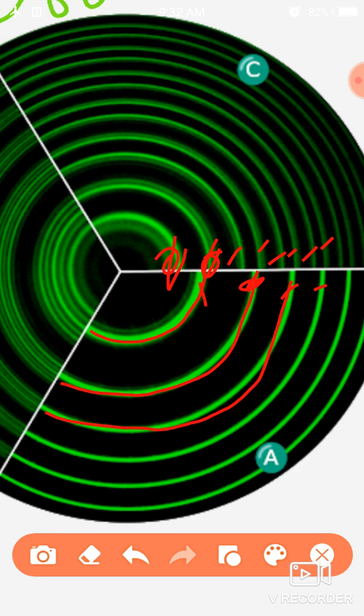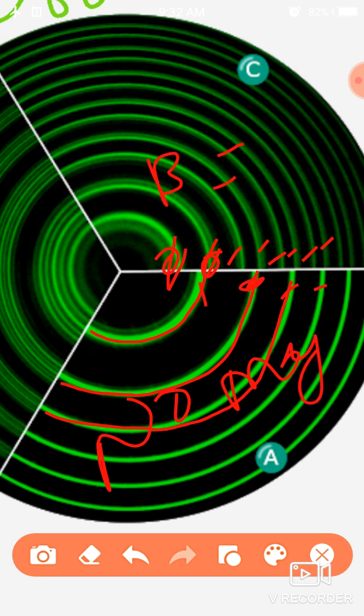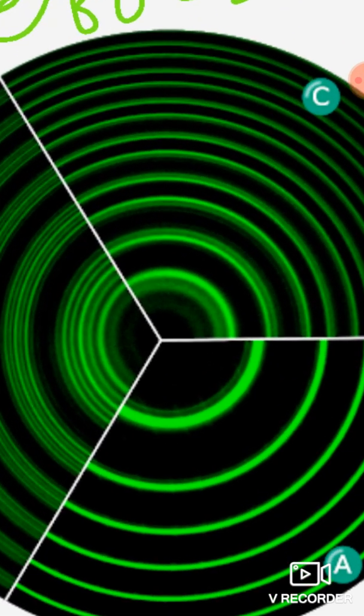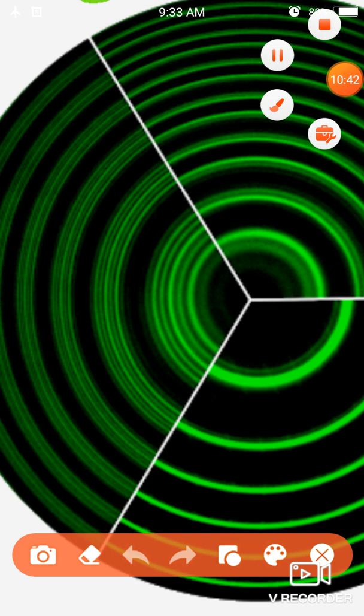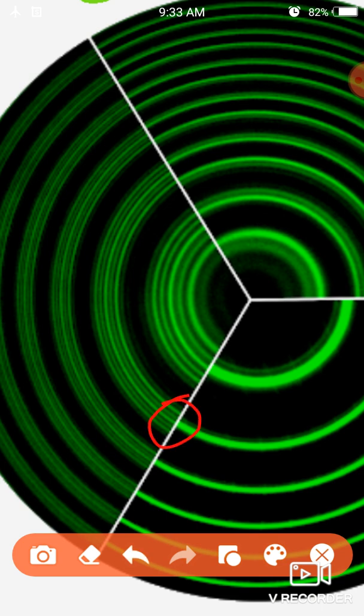This means that in these sections there is no magnetic field, but here B is not equal to 0. A strong magnetic field is applied and each line splits. This is called the Zeeman effect. On the other hand, here we can see that each line splits into more than two lines. It is not very sharp and bright, but we can see that this line splits into three lines, 1, 2 and 3.